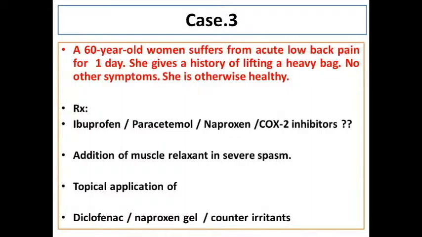Anyway, we are just talking here from the pain perspective, so we are not talking of the additional treatment that goes for these individuals. So just looking from the pain aspect, we are just discussing drugs. It's not a full-fledged therapy discussion about backache, neither with the earlier two cases that we have seen, and neither are we talking more on the diagnosis part. We just are talking in terms of drugs, especially for pain for these cases.